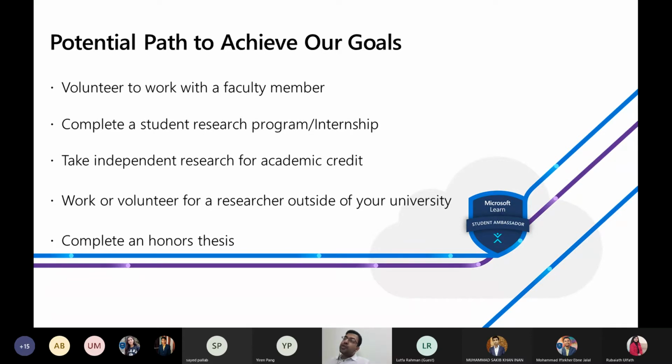And then you can also choose to volunteer for research outside of your university. Not necessarily do you have to find someone from your domain, from your campus, from your university. If possible, go for someone who is not from your university. You can find people who have completed their bachelor's from your university, your seniors. Call them. What are you doing now? Can I come to your office for a meeting? Just go to that person